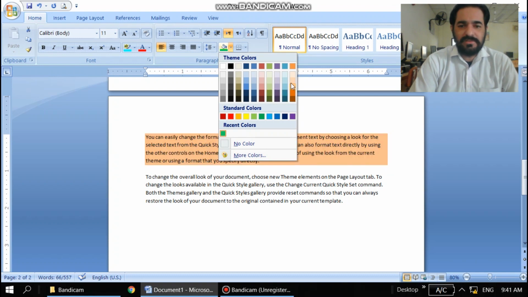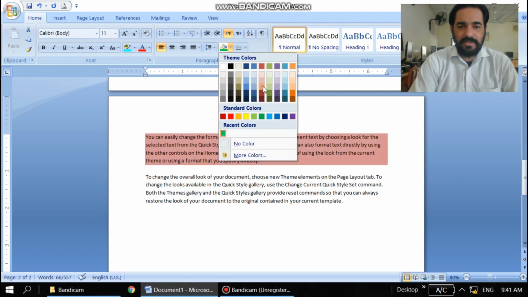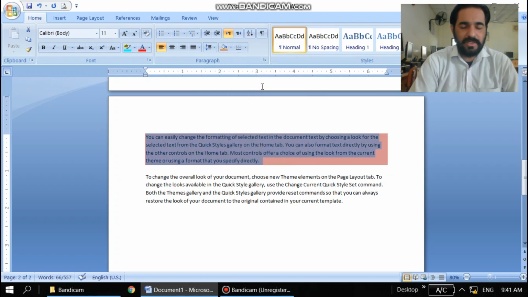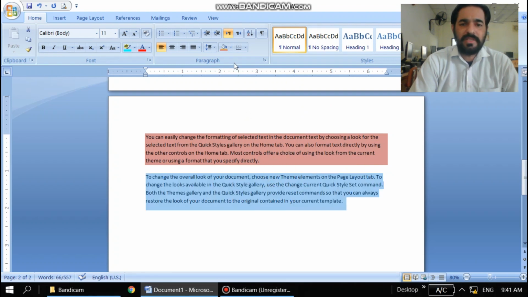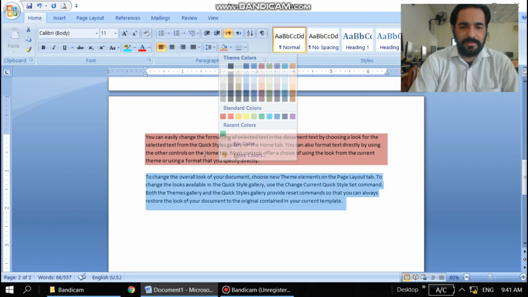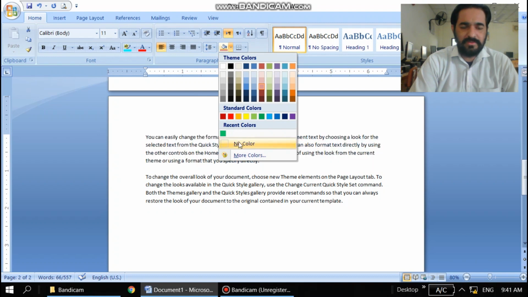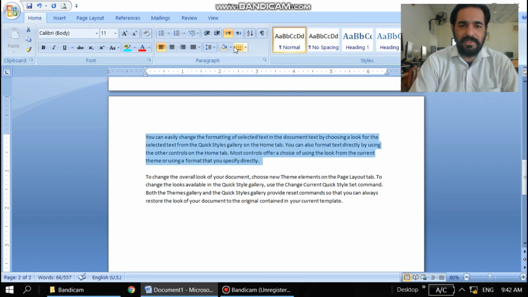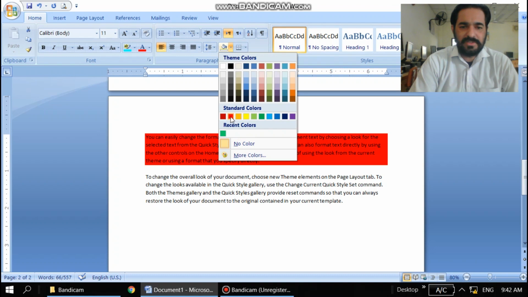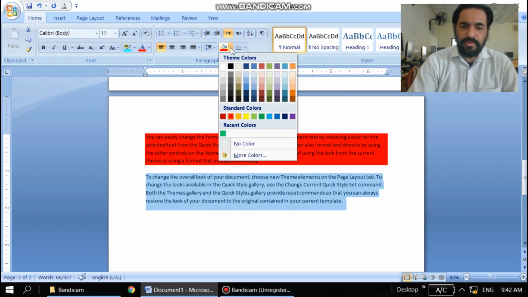One by one, you can check different colors, and then finally with a click you can apply your required or favorite color. Then there is the no color option. If I don't want to apply any color, then I can click on no color, and the text will clear accordingly. Then I can also change color. Then we have another option, for example, more colors.